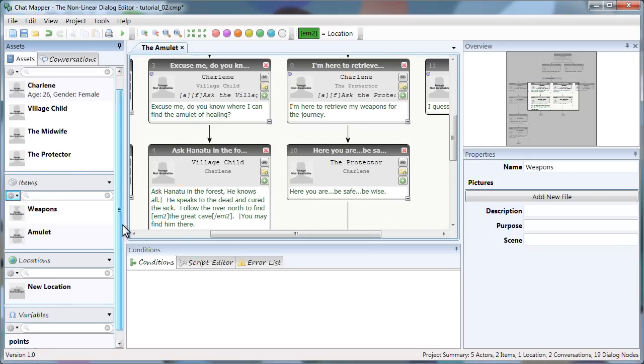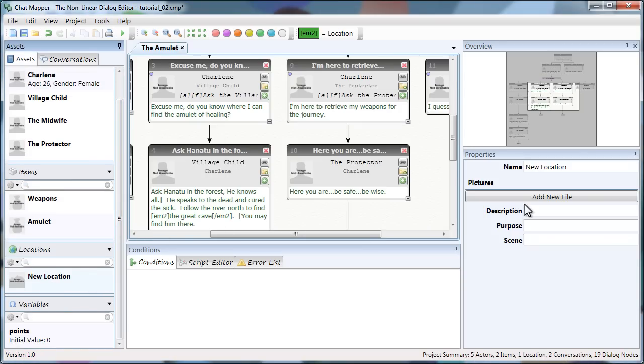I'm going to use that later. Locations, I'm going to change new location to Great Cave. Okay, now we're set. If you notice these default fields for these items, these are great, but it